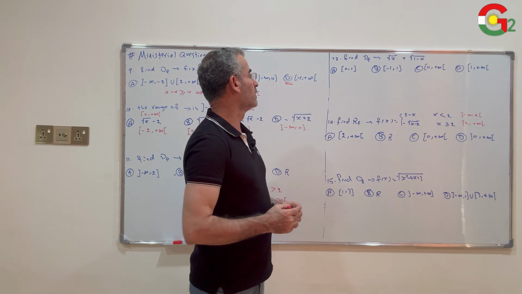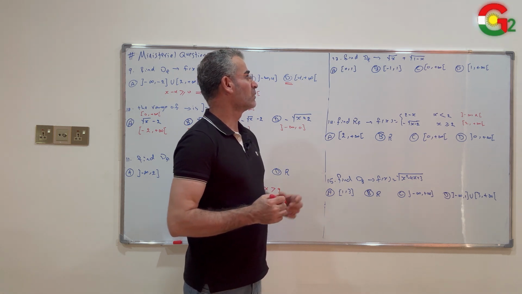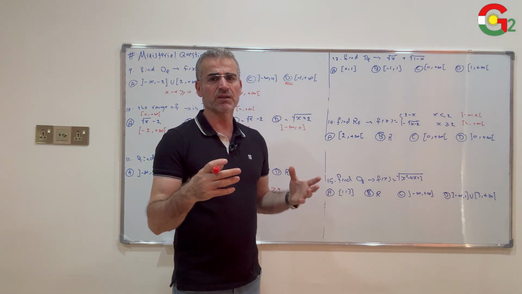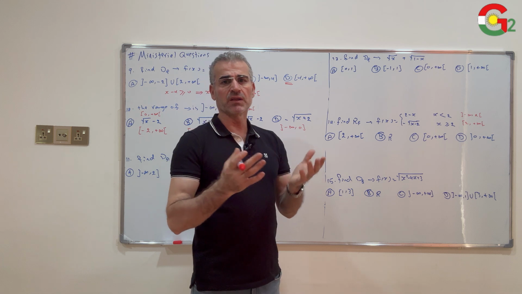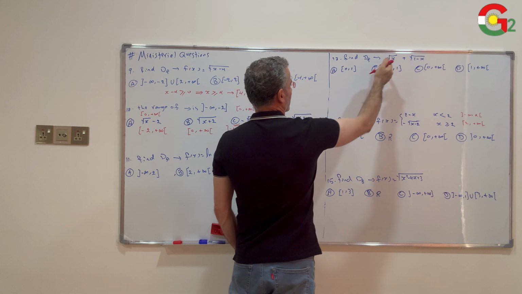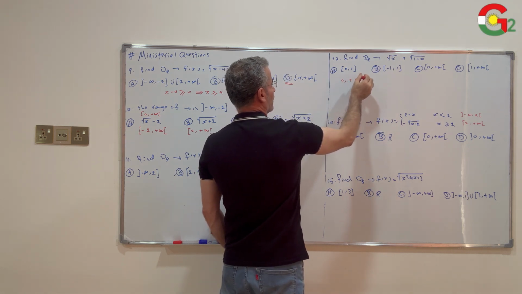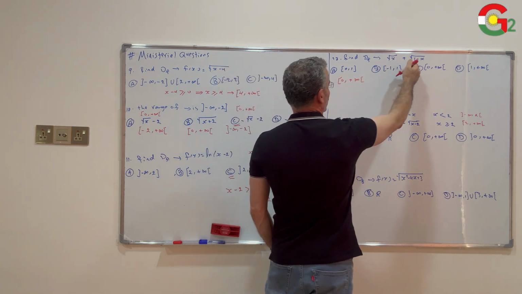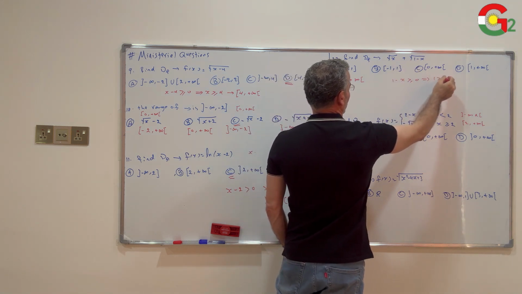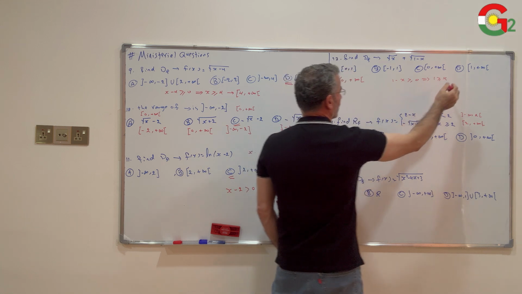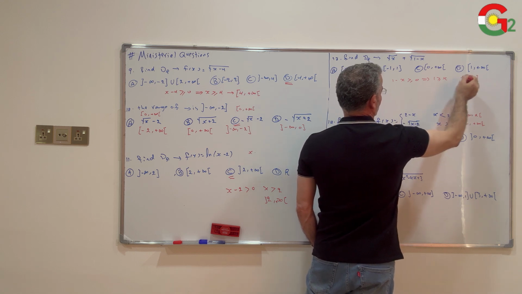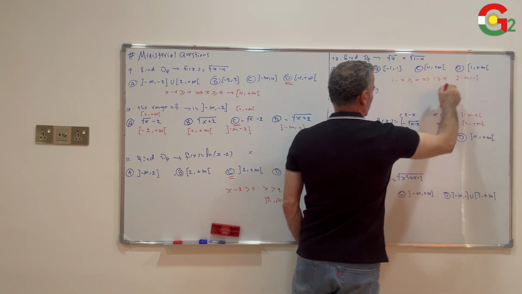Number 13, find the domain of the function square root of x plus square root of 1 minus x. Since I have two square roots, I find separately the domain of each one and find the intersection interval of both roots. The domain of the first one is 0 to positive infinity. For the second one, I set 1 minus x greater than or equal to 0, then 1 greater than or equal to x, or x less than or equal to 1. The domain here is negative infinity to 1, closed interval from 1 and open from